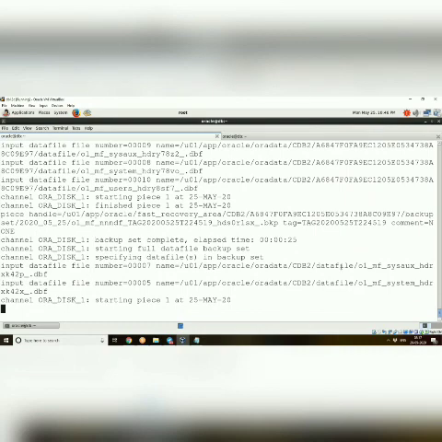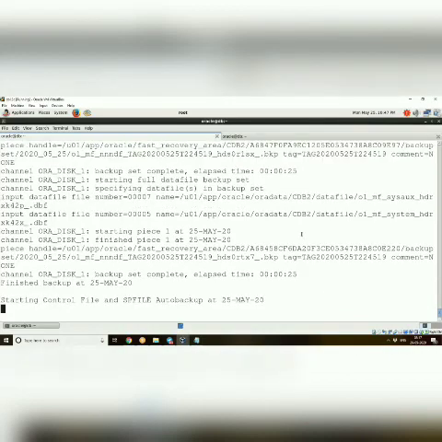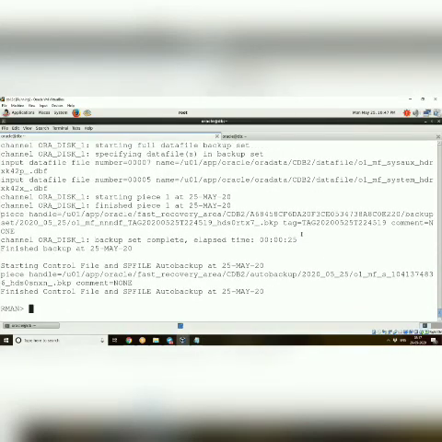So you have sysaux and system. This is for our PDB which I created freshly, so for that sysaux and system data files are present. So control file and SP file auto backup it has taken. Fine. So now we have backed up.